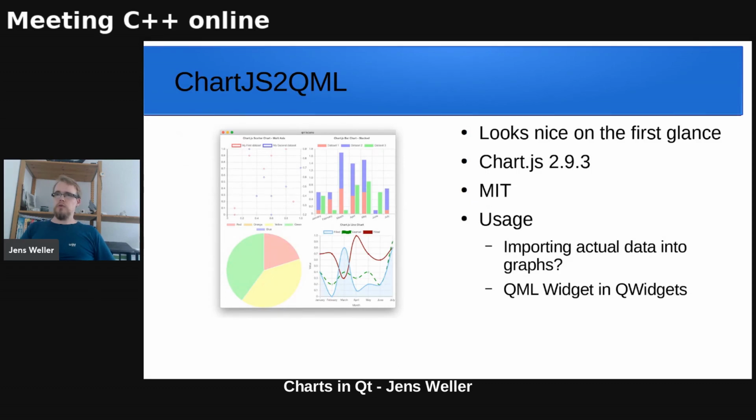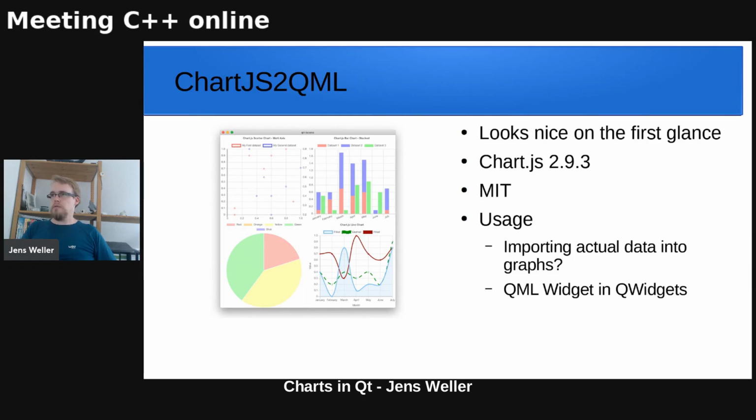So let's start with a QML alternative. This looks nice at first glance. It's Chart.js, in an old version, 2.93. The 3.0 version of Chart.js is something they cannot use for this anymore, as that version uses web workers, and that isn't available to you in QML, so they cannot basically put that into it. Maybe that has changed in the meanwhile, but that's today's availability of libraries supporting this on